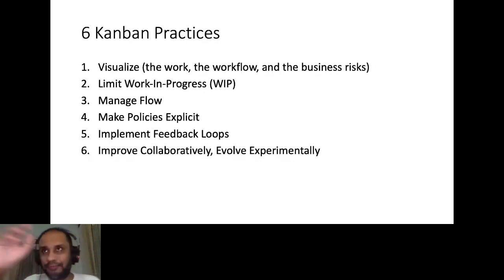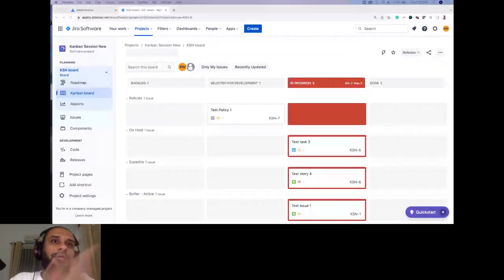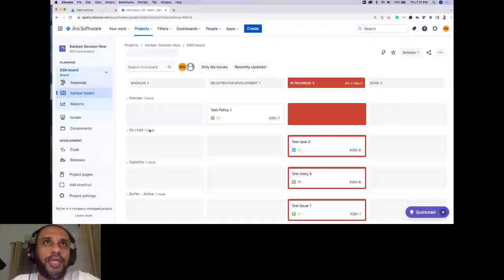Perfectly fine. And on hold as a column is actually something that I've seen a lot of teams doing, right? But why I actually showed this is because Kanban talks about this concept of classes of service, right? I'm focusing on classes of service, so that's why I actually showed this to you all. But adding a column is perfectly fine.